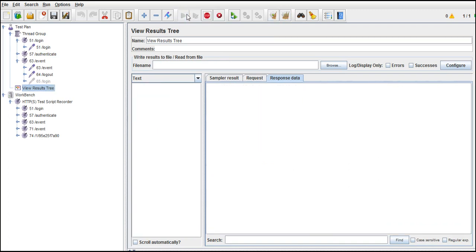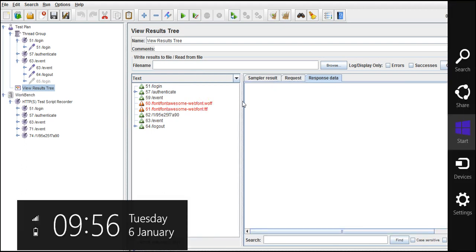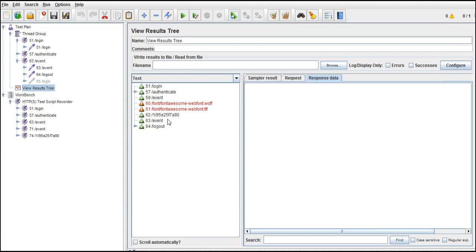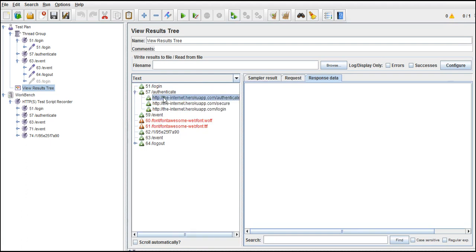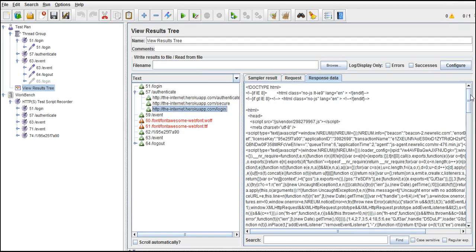Now we have included everything. Authenticate. These we need not worry about because these are some kind of dot font size, so we are not interested in that. We have to see whether we got the response, secure, login.